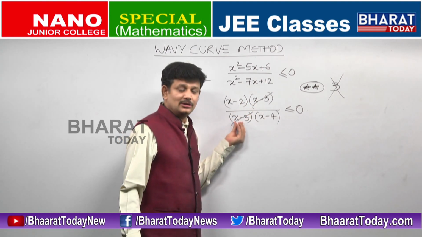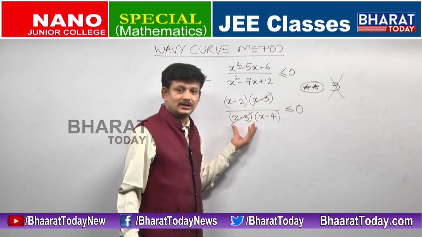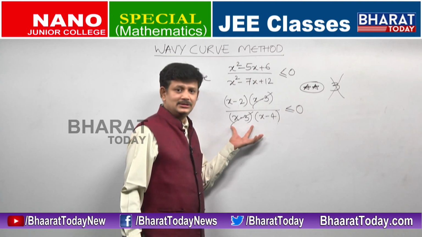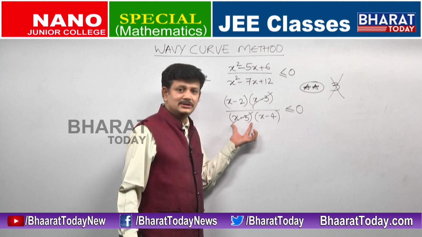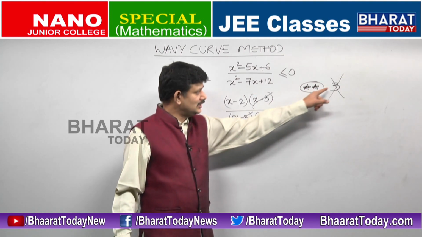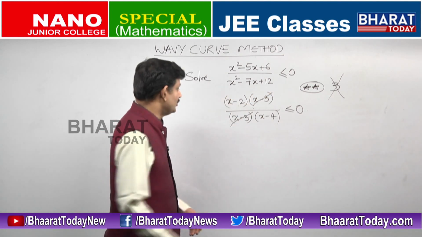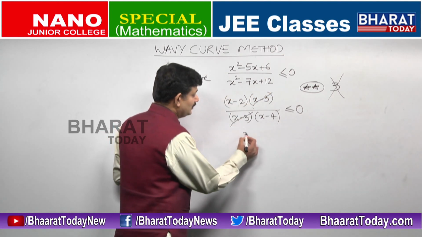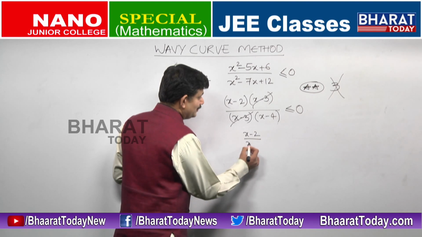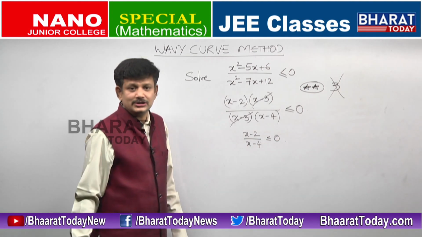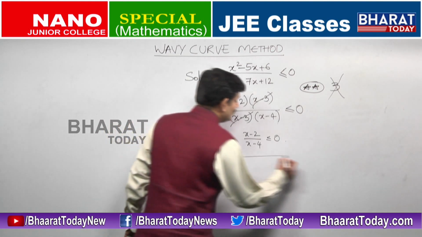What will happen if x is 3? The denominator is becoming 0. Denominator 0 is what? It is like a chair below your bomb. Never ever let it be 0. So x cannot be 3. So the most important thing is you will write that x cannot be 3 and only after that you will cancel it. Very important, remember. So now what are you left with? A simple linear by linear, x minus 2 by x minus 4, you want it to be less than or equal to 0.